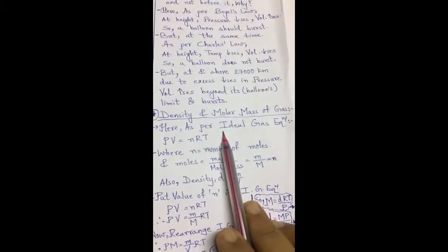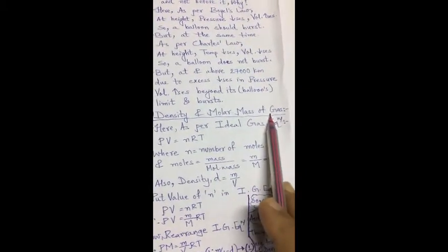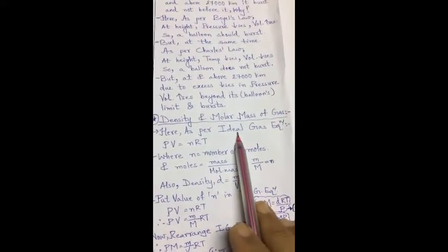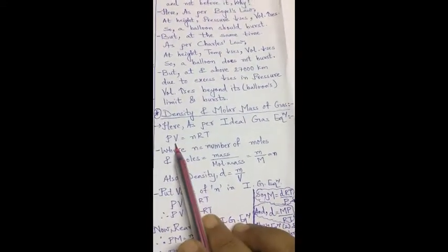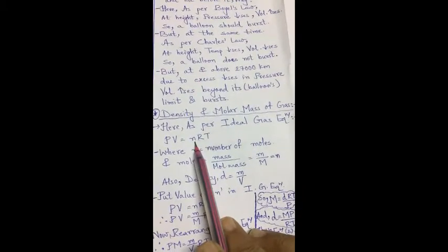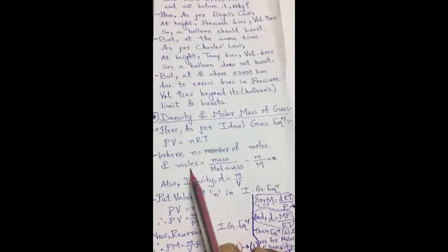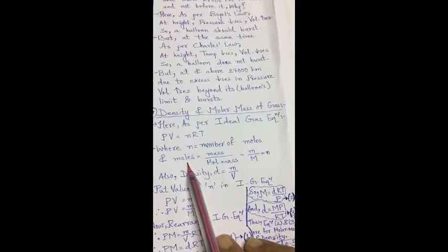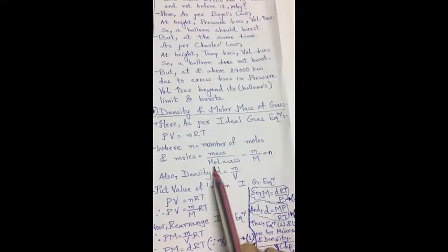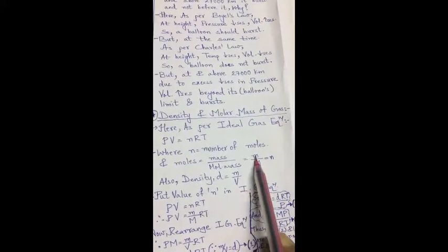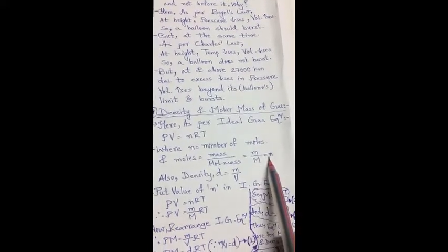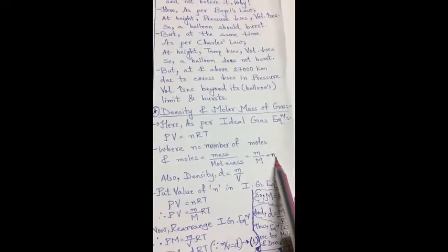So here also, when we are talking about gas, we will be in need of the ideal equation, and that is the ideal gas equation PV = nRT, where n stands for the number of moles. And how is moles calculated? Since 9th standard you are learning how moles is calculated. Moles is equal to given mass by molecular mass. So small m stands for given mass and capital M stands for molar mass, that is equal to n. n stands for number of moles.